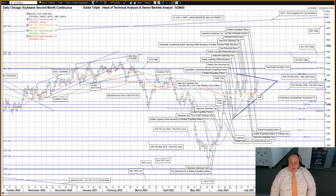This then led to the hesitation we saw in July at the 50% Fibonacci line of the big December 2020 to February 2022 move at 1451. Just beyond that, there was also another big 50% Fibonacci line, this time from the February 2022 to May 2023 move at 1476. Between these two, and I suppose the long moving average that sometimes acted as a base, the market was slowed